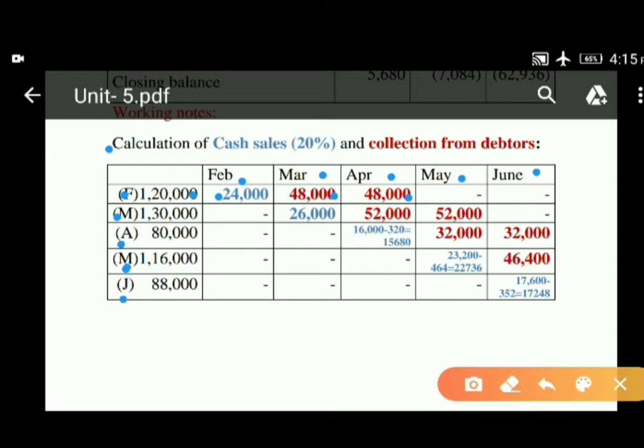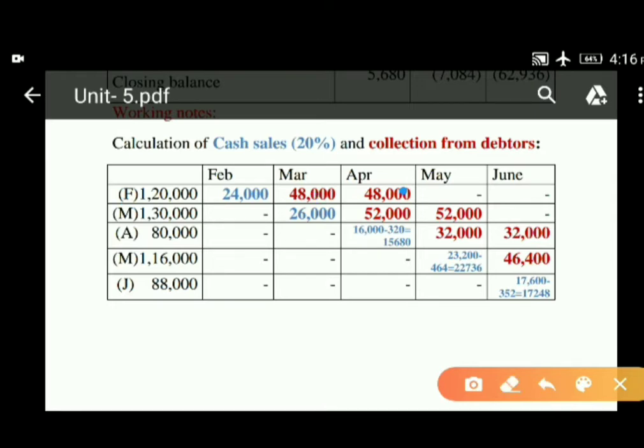సో 1,20,000 సేల్స్లో ఫిబ్రవరిలో క్యాష్ సేల్స్ 24,000 20% and remaining 80% or 96,000 should be collected in the month of March and April equally, 48,000, 48,000. Now here see, 48,000 plus 48,000 is 96,000, 96,000 plus 24,000 is 1,20,000. It is clear. So ఫిబ్రవరి సేల్స్లో 20% ఫిబ్రవరిలో కలెక్ట్ అయింది, రిమైనింగ్ 80% ఈక్వల్గా 48,000 మార్చ్లో 48,000 ఏప్రిల్లో కలెక్ట్ అయింది. రైట్. సో నెక్స్ట్